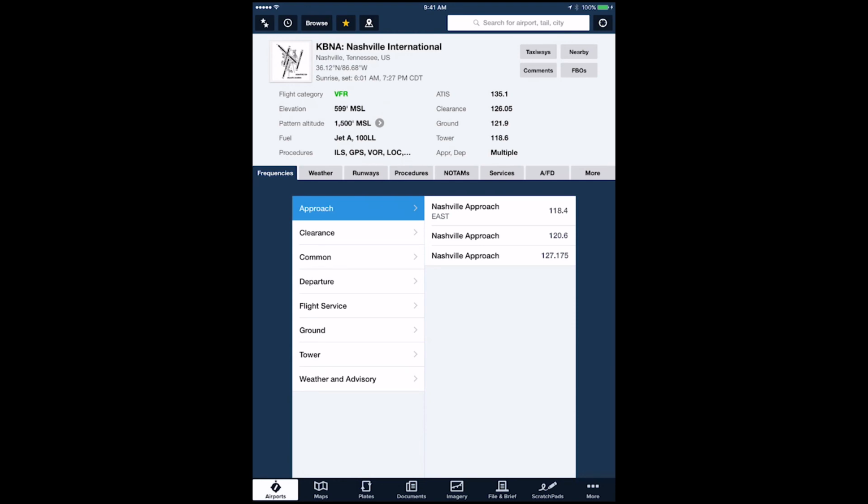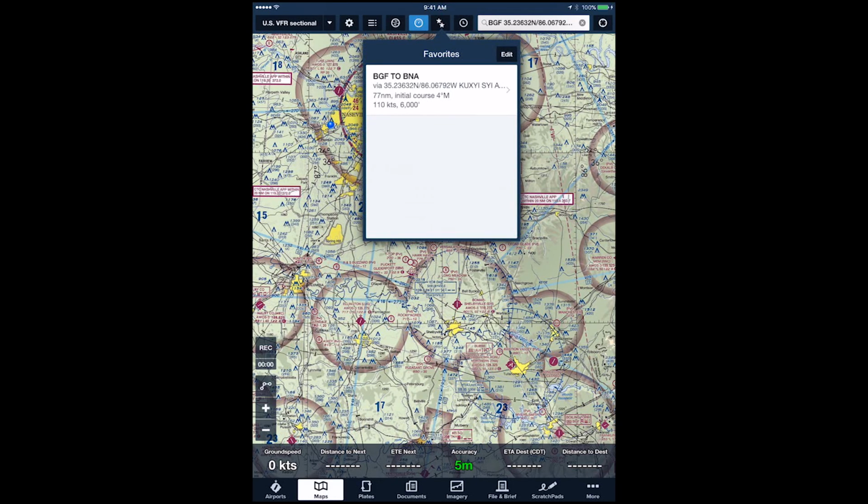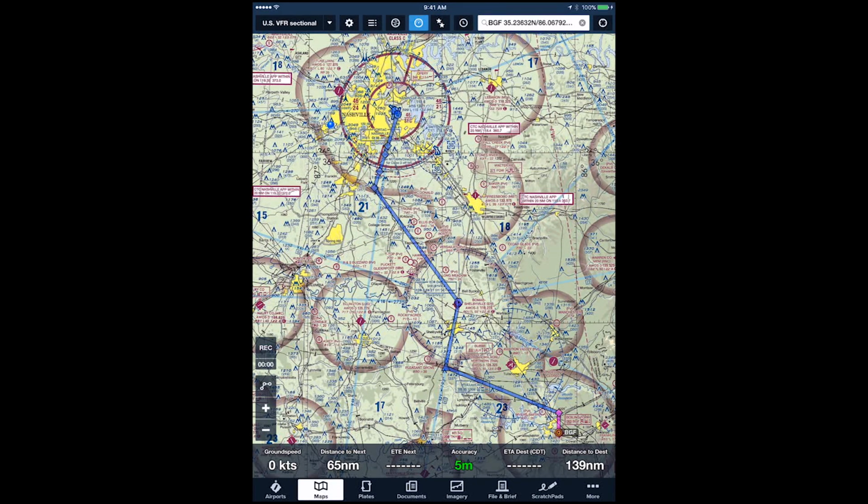Okay guys, back in Foreflight here. Let's pretend like it's been a month since we've flown that last trip that we planned, and now it's time to fly it again. So how do we bring all that information back up? Well, let's go to the Maps tab at the bottom, and this is why I wanted to show you how to save it, so we don't have to go through all the hassle of setting this back up again. So, tap on the stars, 2 stars, and there it is, the BGF to BNA. Tap on that, and bingo, there is our route back,